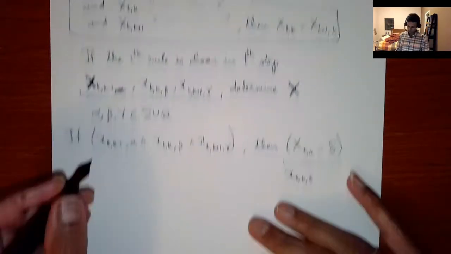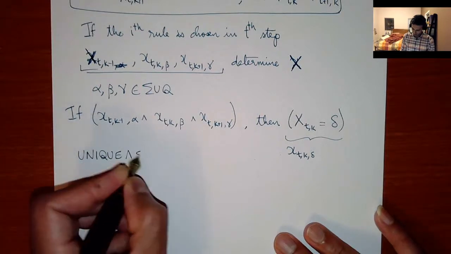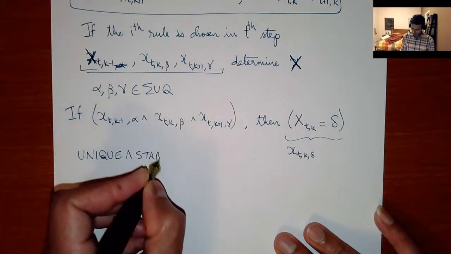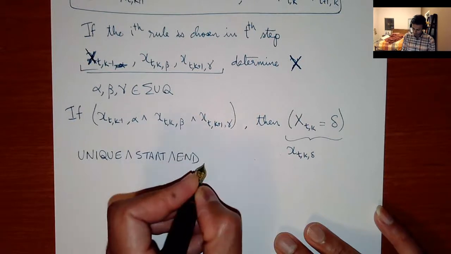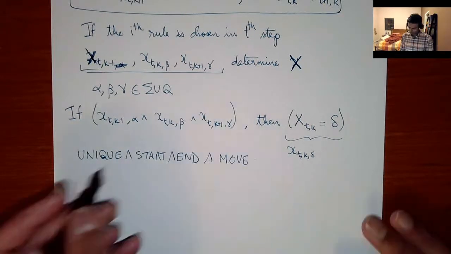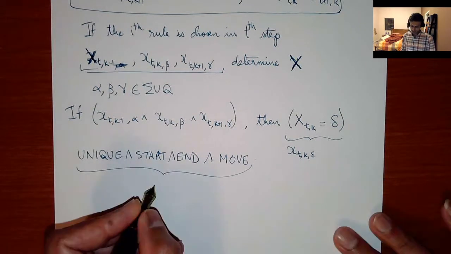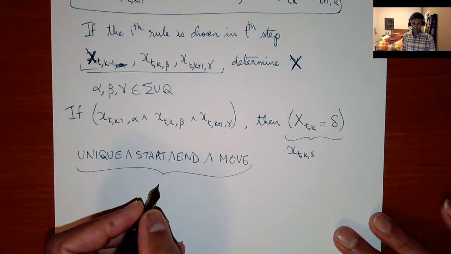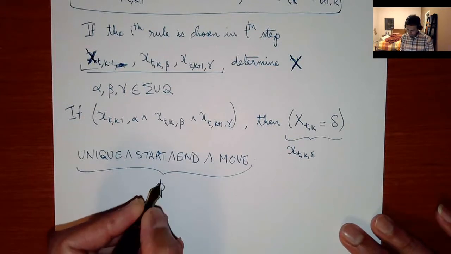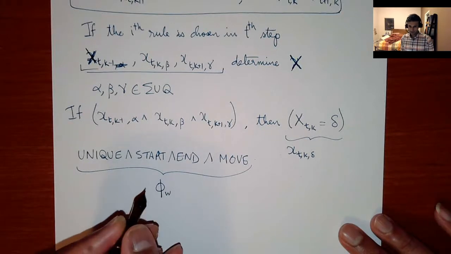So you AND everything together, and then finally you can take unique, start, and end, and move. And move is a pretty complicated formula, but you take this entire formula and refer to it. I'm going to refer to this formula as phi sub w, because it depends on the input. So it's phi sub w